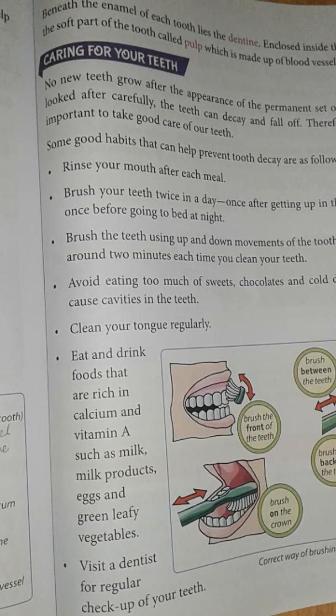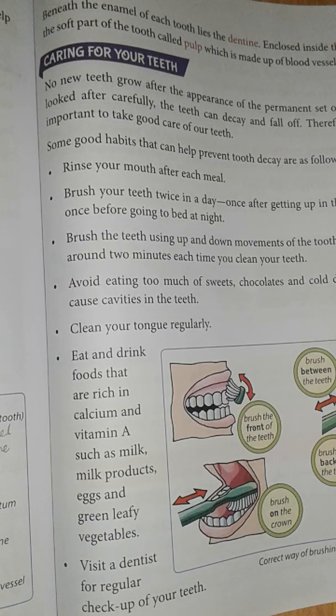Next one is the care of teeth. Proper care of teeth is very important. When we eat, tiny bits of food get stuck in spaces between our teeth. We need to clean them out. Otherwise, germs breed there and form a sticky layer on teeth. So proper brushing with a toothbrush, toothpaste and water can remove this layer. Okay?